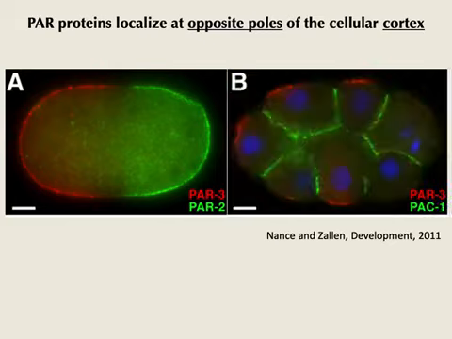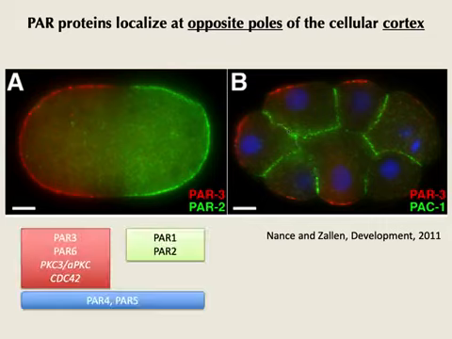Okay? And then when you look later, this polarity persists. So PAR1 is another kind of molecule, but PAR3 here, you see, accumulates on the membrane that's facing the outside of the embryo, whereas this protein here accumulates at the cell-cell junction. So you have this polarity which is established early and persists through development. So I'm going to tell you more about this complex and the so-called PAR system, where, of all the mutants that were identified initially, now they've been classified in anterior versus posterior versus throughout.